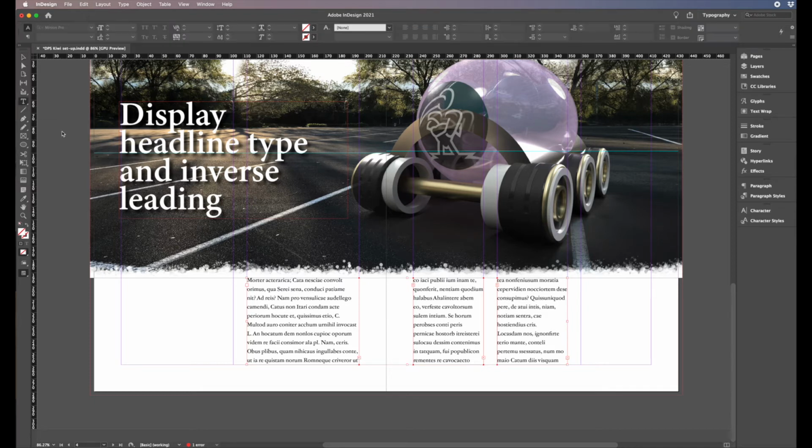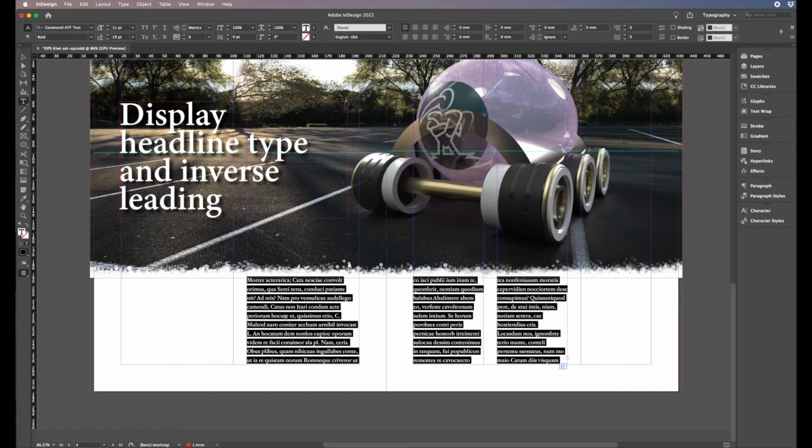Okay, so what I'm going to do is I'm just going to select all my type once more, and I'm just going to Command A, just so that's selected. Now, number one, up here I am in the typography setting just at the top here. If not, make sure you're in there, and if it's all been mixed up, you can reset that typography. It's already been set up, but I'm going to go to Paragraph. So in Paragraph, there's some really cool things in here, as I have mentioned earlier in another video, but nonetheless,